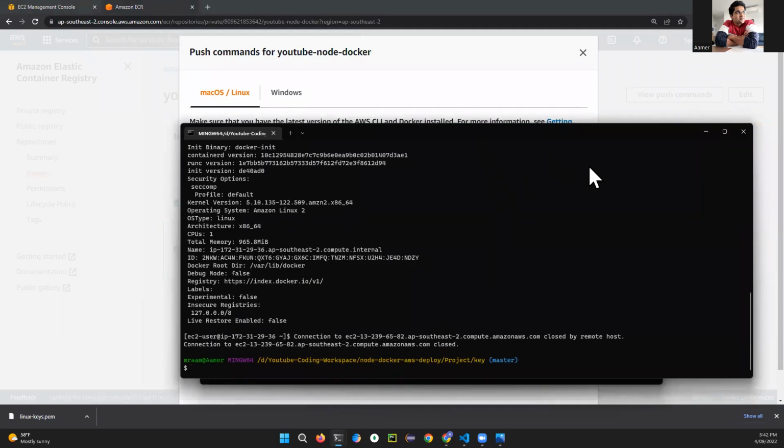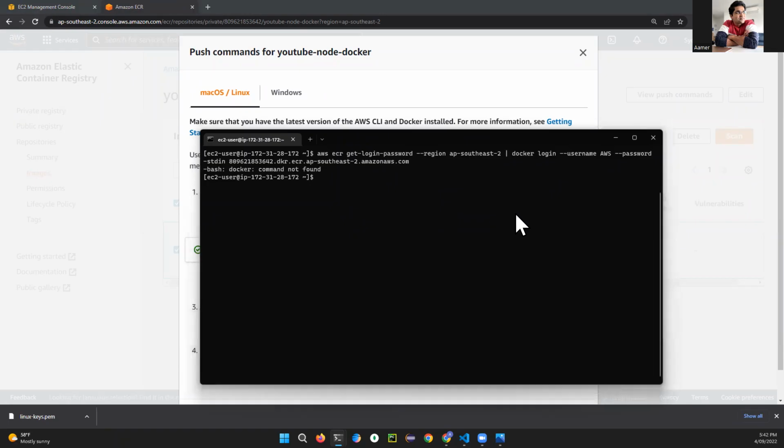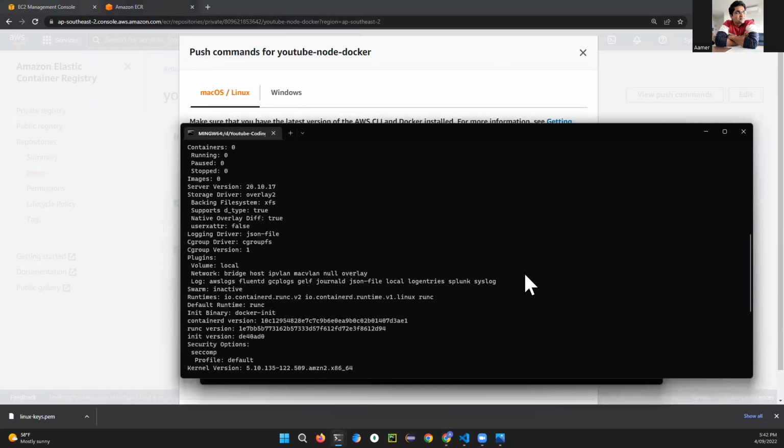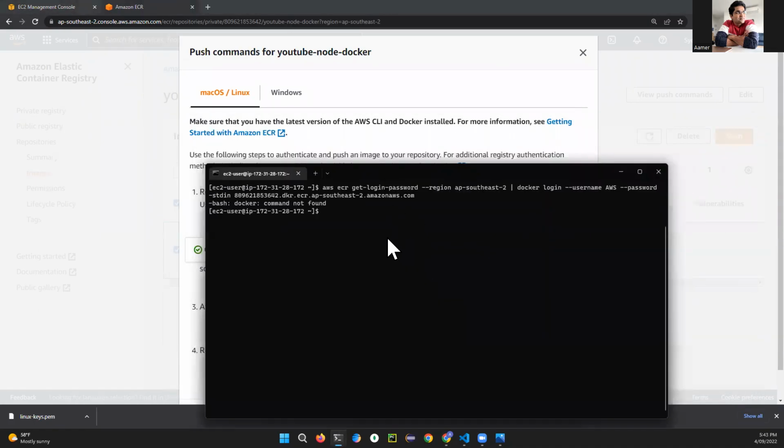Okay, so I got two, not this one, by the way. Okay, this one, I'm going to go and hit it. It says no Docker command found. I believe that's the one. No. Okay, so it's saying that AWS ECR login is not found. That's fine. So what you have to do over here is first